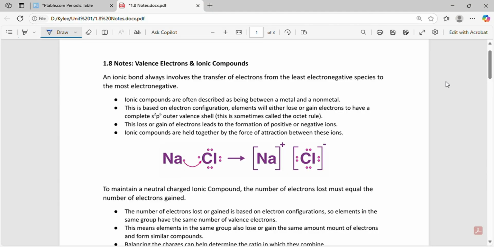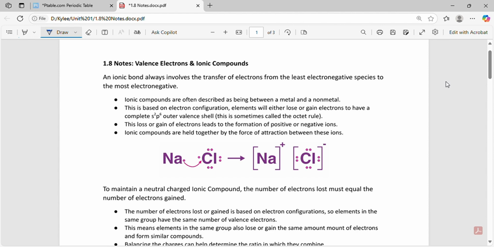This is Miss List, and we are looking at 1.8, which is the last section for Unit 1 of AP Chem. The title of the section is Valence Electrons and Ionic Compounds. So in an ionic compound, an ion is one of the types of bonds that we learn about in AP